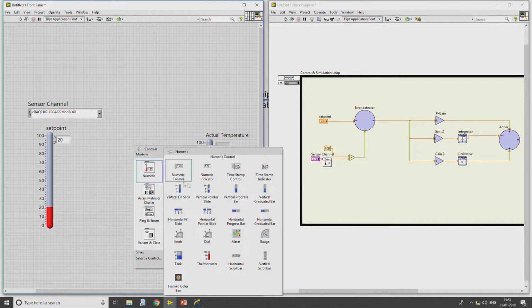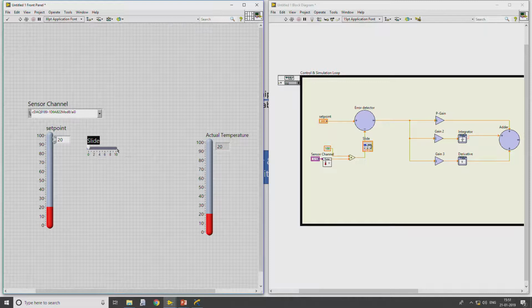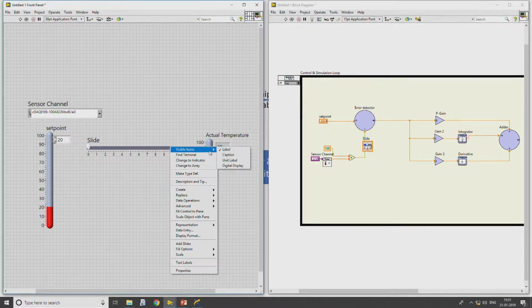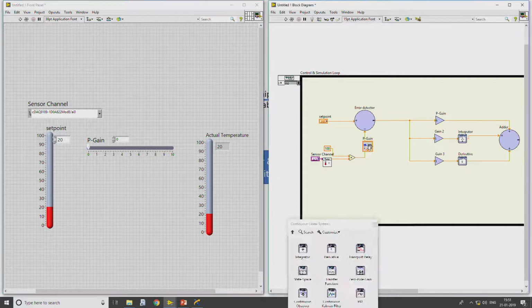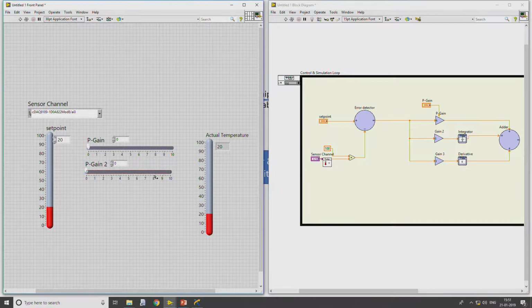I will go with a numeric horizontal pointer slider. I will also create a digital display, so it is easy to understand the value of the P gain. So this particular block I can connect to the input terminal. Similarly for the I gain and for the D gain.